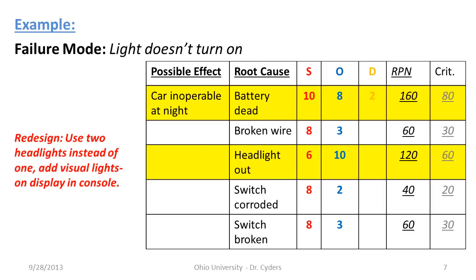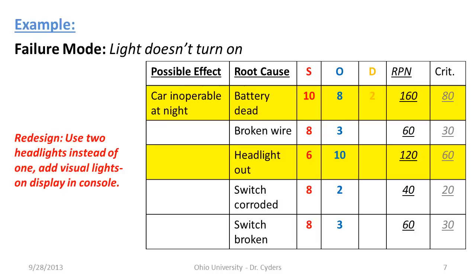So this reduces the severity number here by giving us some redundancy, but it doesn't really help these other effects. So we need to do something else to help those effects, either their severity or their probability of occurrence or the detectability. So the visual lights on display gives us a much better detectability rating. It really reduces that detectability number because you can see,